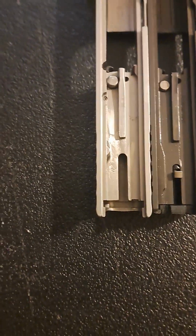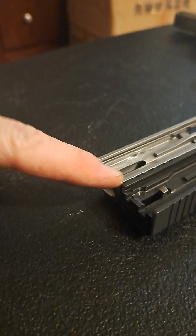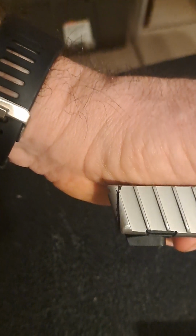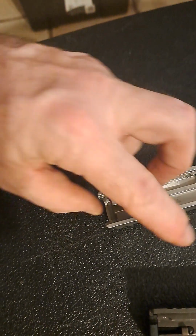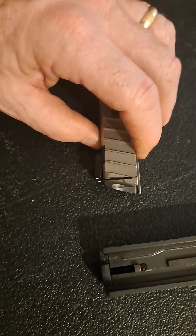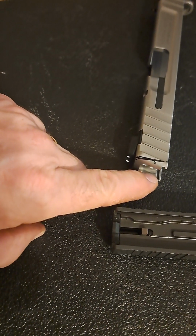The other challenge is that you can see that the slide on the Smith & Wesson is a little big. So what I have to do is I actually have to cut right there, and it won't interfere with the channel that the striker keeper or back or whatever you want to call it goes in. That'll be fine, but I'm going to have to put this back in the mill, and I'm going to have to mill this straight down, and there'll be plenty of room. You can see that little extra, looks like a wing on an old Cadillac or something like that. Most of this is unnecessary, and that will bring this flush with the rear of the frame and pretty much flush with an original